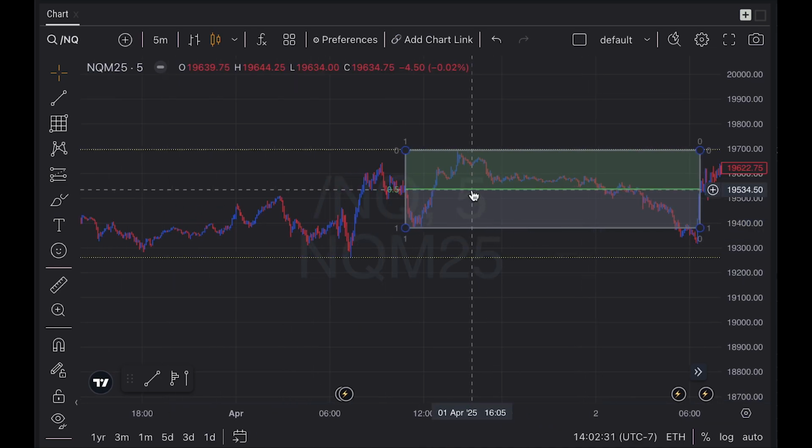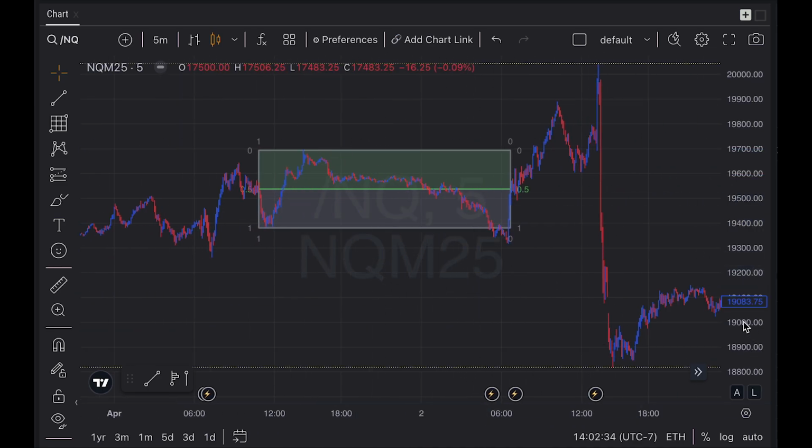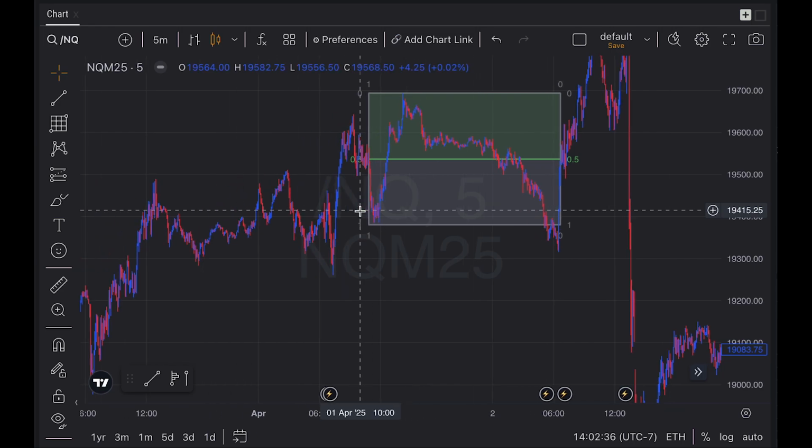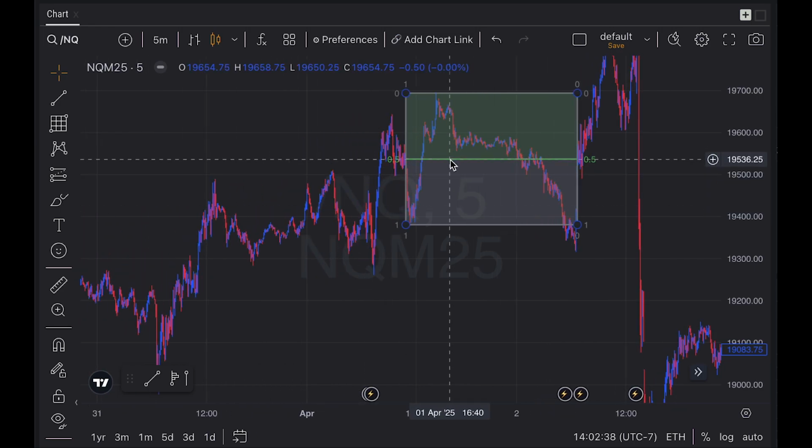We can see that this doesn't work all the time, so you really have to be in a strong trend move to actually use this thing confidently. And yeah,